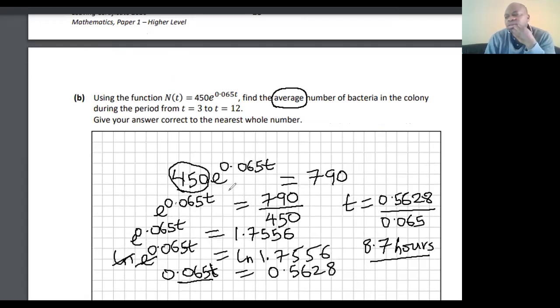I used to tell my students that in your exam, you will be given an equation, maybe from the top of the question at the beginning. Along the line, you might see a question saying find average value, average number, average whatever. When you see the word average,